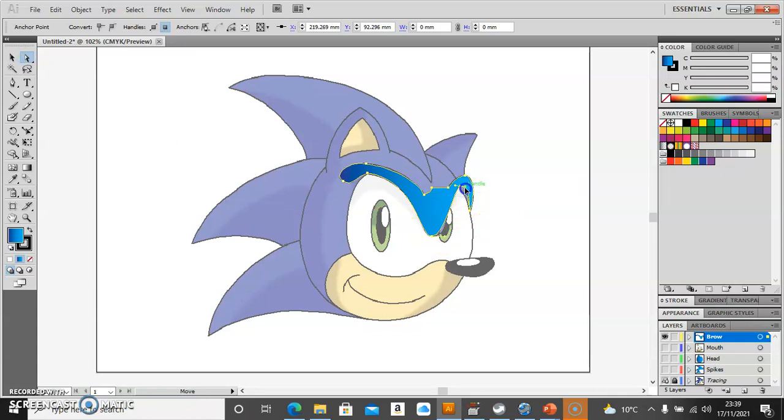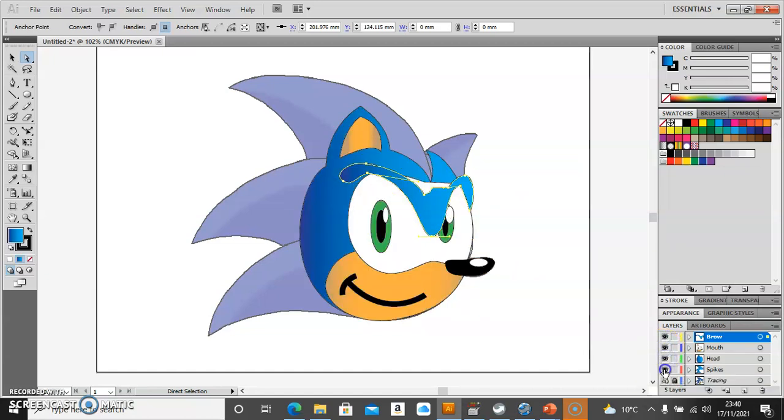So this handle needs pulling in to get a smoother match here. This one needs adjusting to fit more neatly. This one here possibly needs a little bit of pulling out. And this one here also needs pulling out to give it a bit more curve. So something like that. If I switch on all of the other layers,